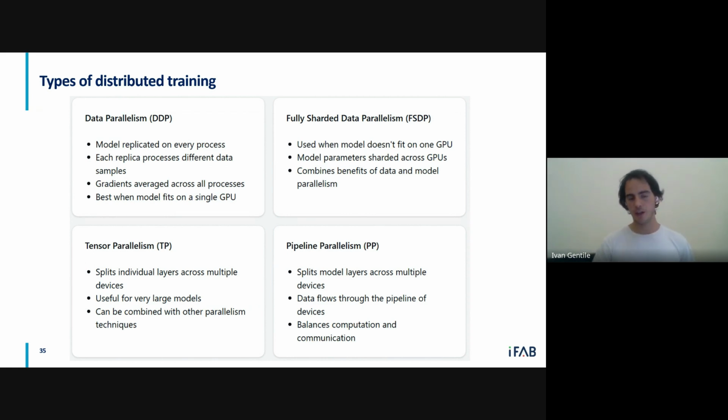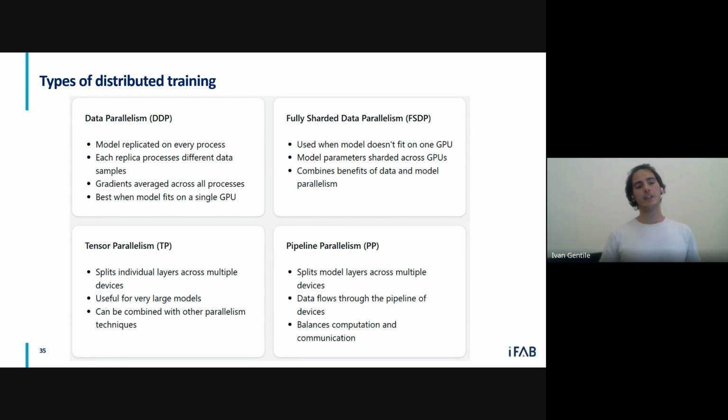Essentially, just briefly, we split the data and give it to multiple GPUs. Then we have fully sharded data parallelism, tensor parallelism, and pipeline parallelism. The level of complexity steps up quite fast.